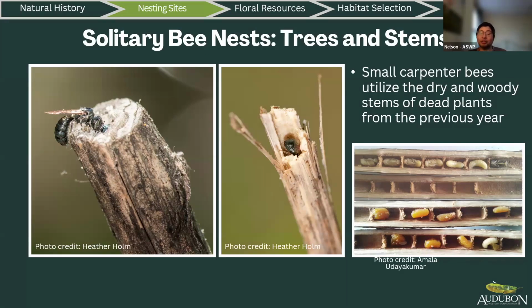Then there are the groups that actually use tree stems. One particular group is called the small carpenter bees. They're actually called Ceratina. They're in the same family as the large carpenter bees, but instead of boring into your decks or your porches or the sidings of your house, these little bees are utilizing the old stalks from some of the plants that finished flowering last year. They died, they dried, and they're still up. If those plants are still nice and woody and kind of hard,